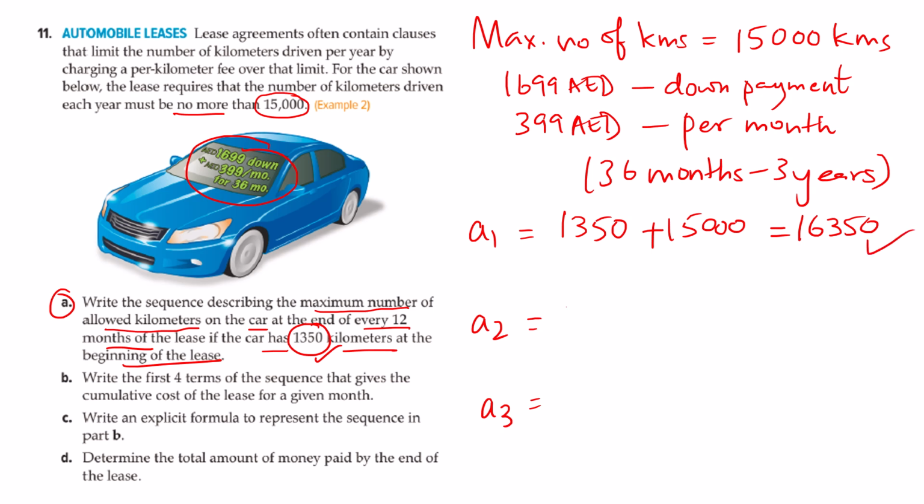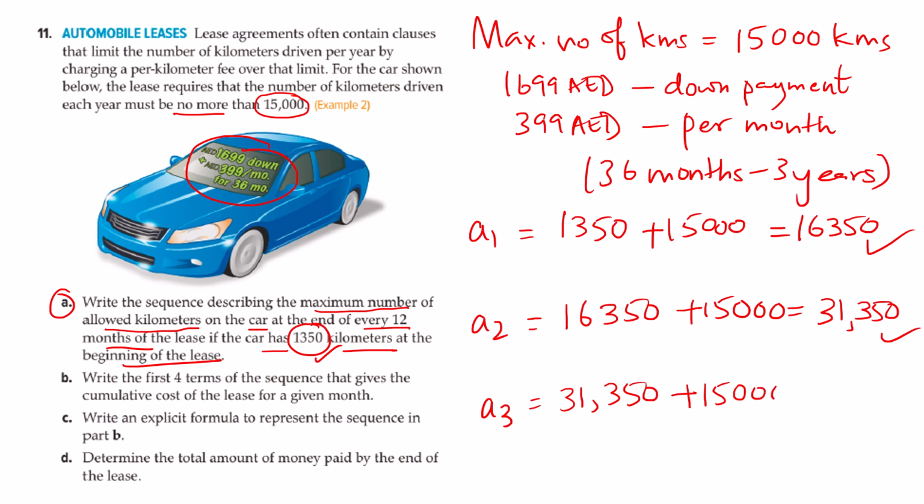Then for A2 I use the previous one, 16350. These are the kilometers allowed after the end of the first year, and for the next year again a limit of 15,000. So total limit of kilometers is 31,350 kilometers. Last, A3: I again use end of year 3, that is the 36 months. I use the previous value, which is 31350, and for this third year again I have a limit of 15,000. So total is